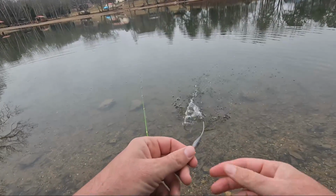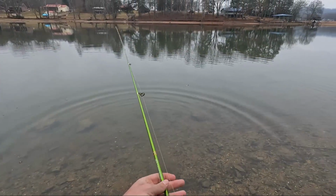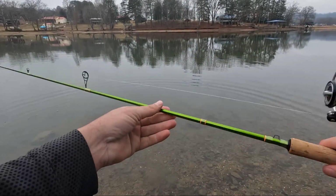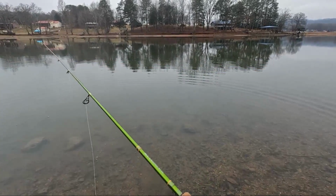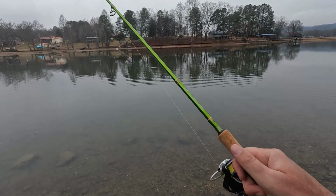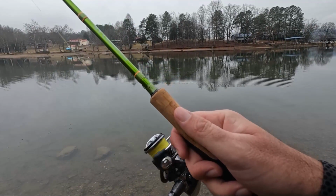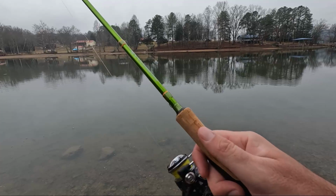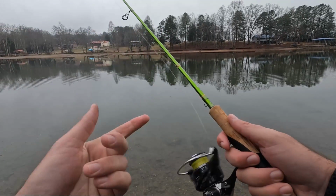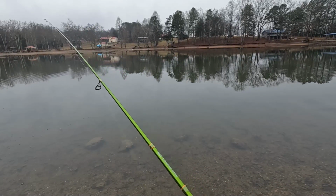little lure setup. I think that's 1/24 ounce. I was using a 1/16 ounce earlier, but this is the ACC crappie sticks. It's a 6'6" medium action, but it feels more like a medium light. It's got a really light tip. Look how far I casted that little lure. It slings it out there. And this is made for crappie fishing, with a little bit of backbone to pull crappie out of the water. I got 10-pound braid, 6-pound leader line, and I've only been using